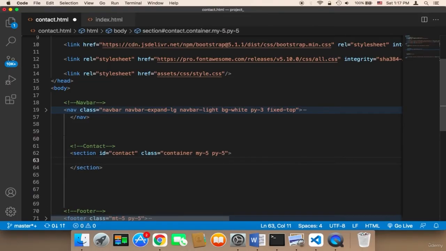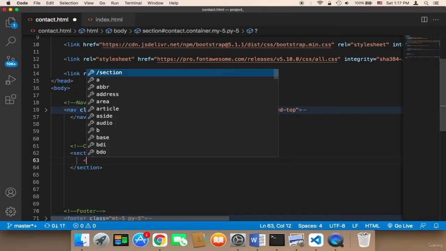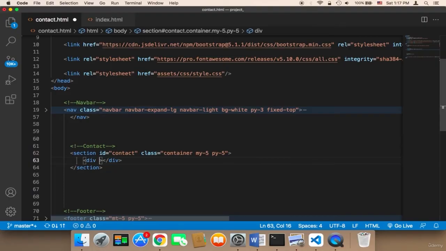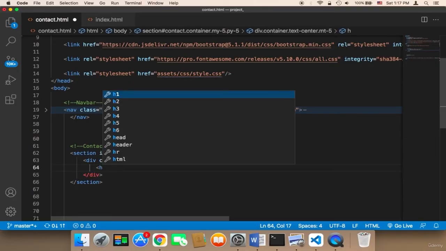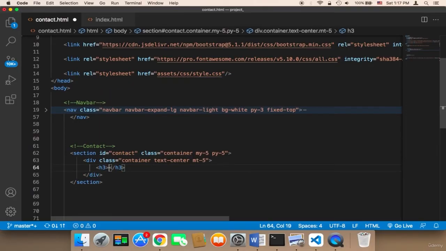And in this section, I'm going to display the contact information. But before I display the contact information, I'm going to display the contact us word above the contact information. So I'm going to first create a div which is also going to have the container class as well as the text align center class, because I want to center the text, and I'm going to give it margin top 5, and inside it I'm going to display here the contact us word inside H3. I'm going to say contact us,